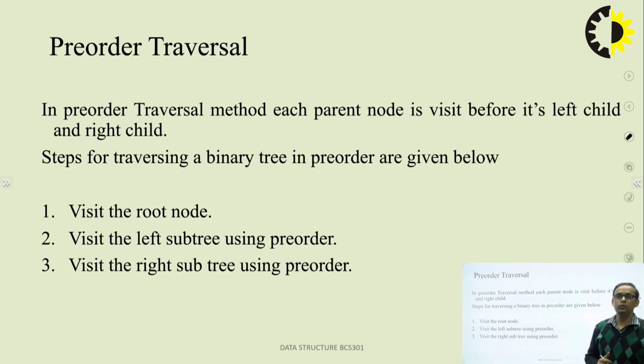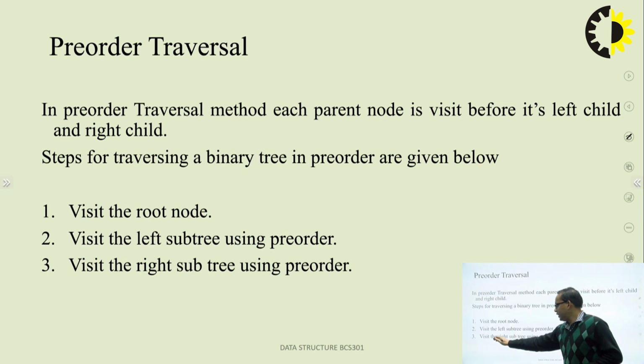Whenever we have to traverse a tree using the pre-order method, there are some certain rules. These rules are discussed in 3 points. At first, we will visit the root node. So in order to traverse a given tree in pre-order manner, first we visit the root node. It means first we display the data value of the root node. After that, visit the left subtree using pre-order. We will visit the left subtree of that particular node using pre-order. It means again we will follow the rule root, left and right,